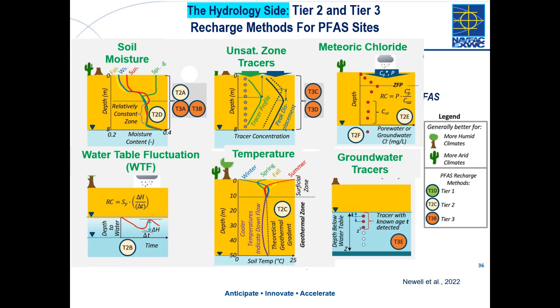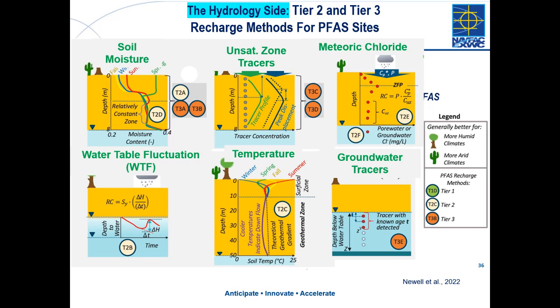And so, for example, let's look down below. There's this method called the WTF method. I know what you're thinking. Yes, that stands for water table fluctuation. But if you have, say, real-time continuous information on the groundwater level, you can apply this method. And wherever there's a storm that comes up, you can see the rise in that water level, do a couple of calculations, and figure out how much of that is recharge. Other methods are unsaturated zone tracers, like chloride, or some of the bomb isotopes, meteoric chloride, temperature methods, and so all of these are in that paper.